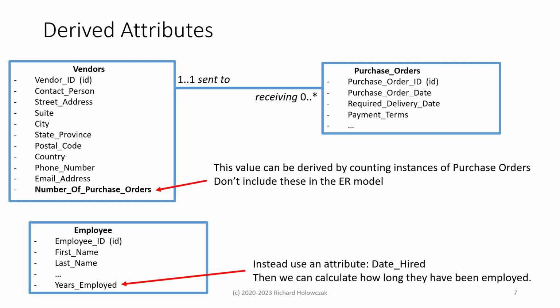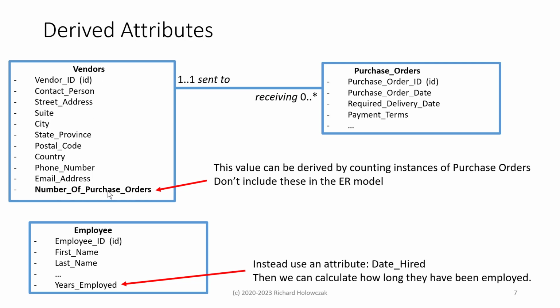The next topic I'd like to talk about is derived attributes. Very often, we will have a model where, from a one-to-many relationship, there seems to be a need to count or keep track of how many instances are matched up. For example, we have vendors who may be receiving many purchase orders. This is an example that we gave in part 2 of our lecture series. It's very common for students to put an attribute like the number of purchase orders. So we have vendors, we have the relationship, and we're including here the number of purchase orders that the vendor